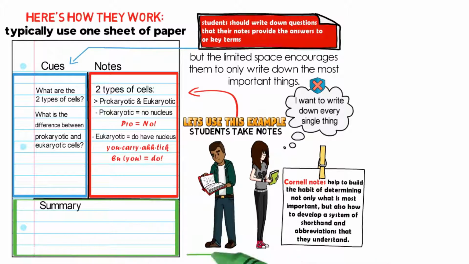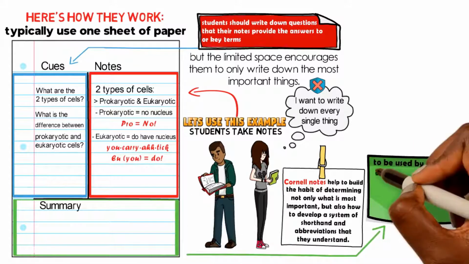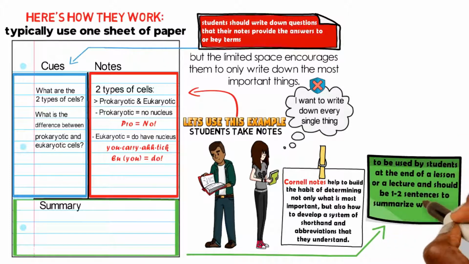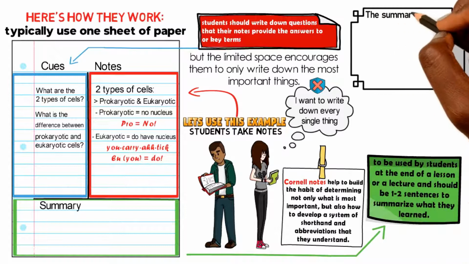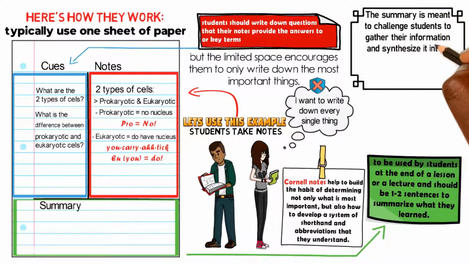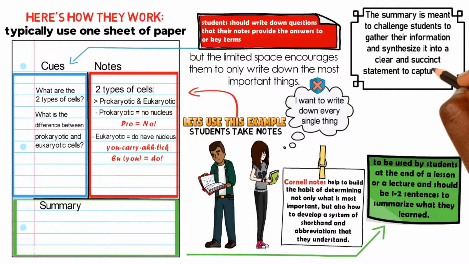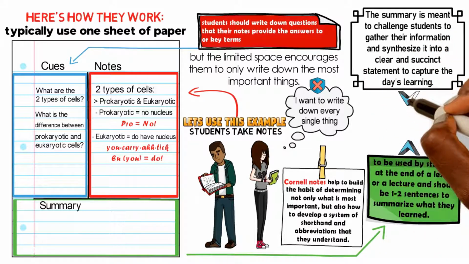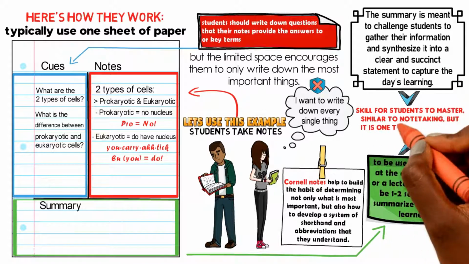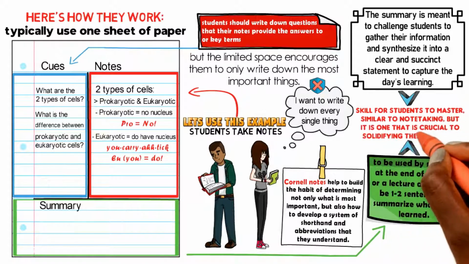Finally, the summary section is to be used by students at the end of a lesson or a lecture and should be 1 to 2 sentences to summarize what they learned. The summary is meant to challenge students to gather their information and synthesize it into a clear and succinct statement to capture the day's learning. Summarizing is another skill for students to master, similar to note-taking, but it's one that is crucial to solidifying their